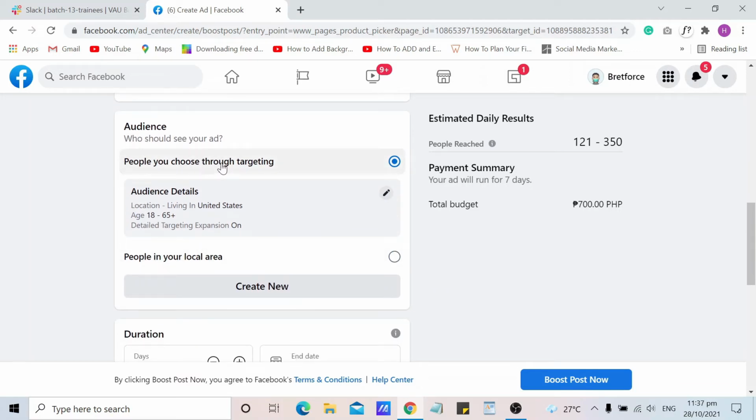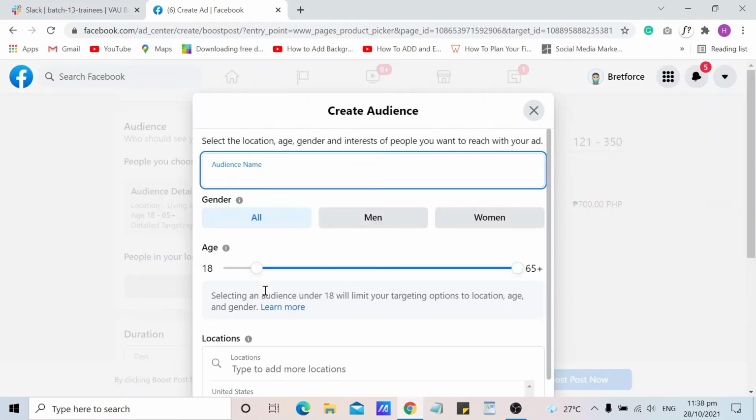Define your audience here. The same as get started with automated ads. You can select people you choose through targeting and people in your local area. Then click create new. You can input the name of the audience. You can select the gender, male or women.